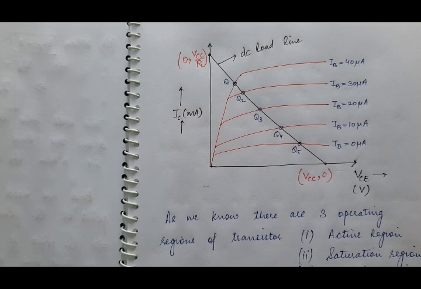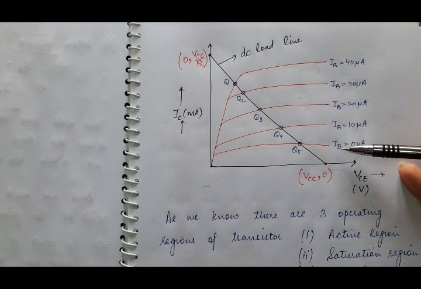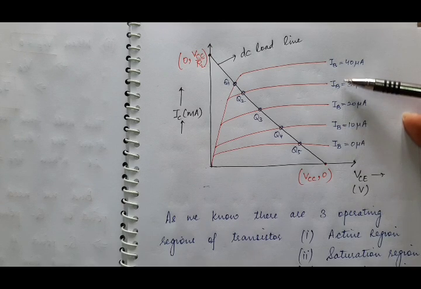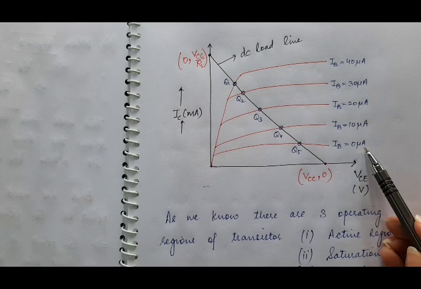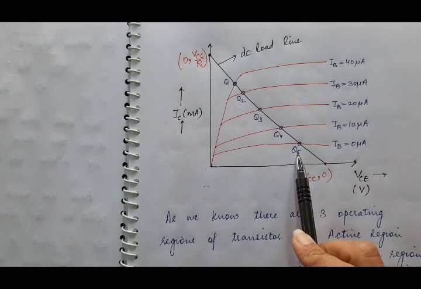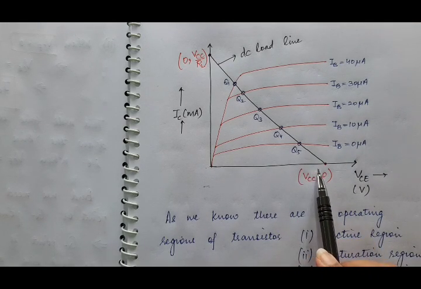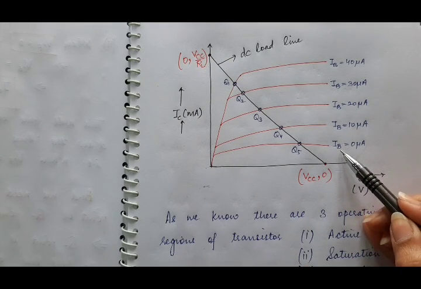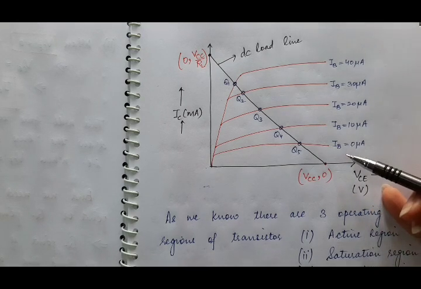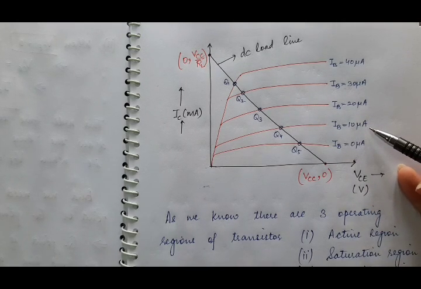Now what is next thing? हम अपना ऑपरेटिंग पॉइंट चूज कैसे करेंगे? ठीक है, हम मिडल पे चूज करना है. इट मीन्स वन अदर थिंग, बाय चेंजिंग द वैल्यू ऑफ बेस करंट IB you can change your operating point. If in case you have set your constant input current, base current is equal to 0 microampere, in that case your operating point Q5, it will lie near to the cutoff region. So this operating point, it will not be a suitable one. So you will not keep your base current constant is equal to 0 microampere. So you will increase this base current to 10 microampere.